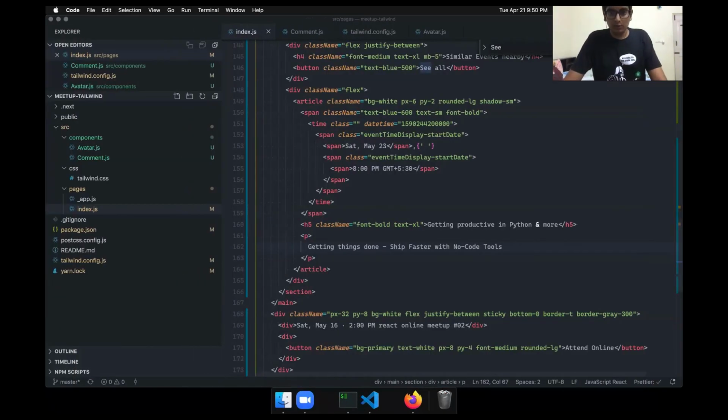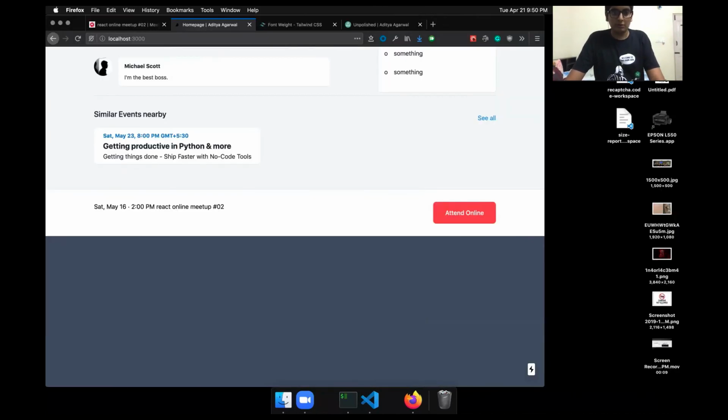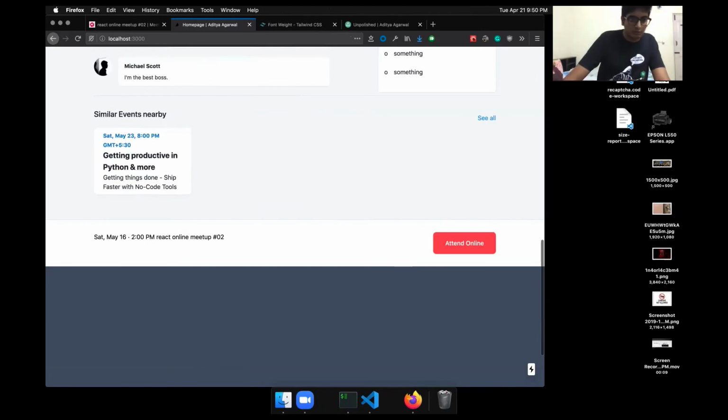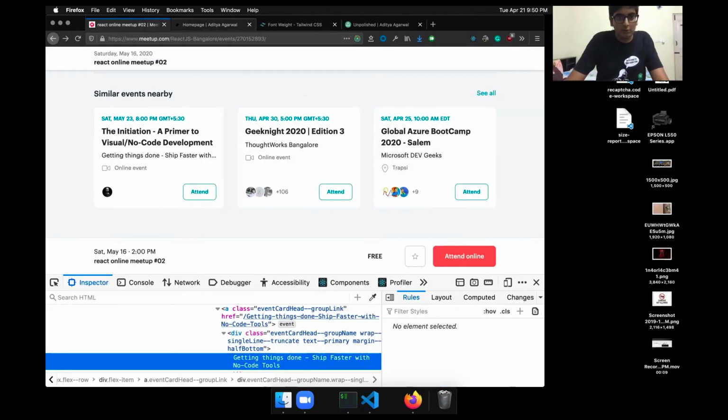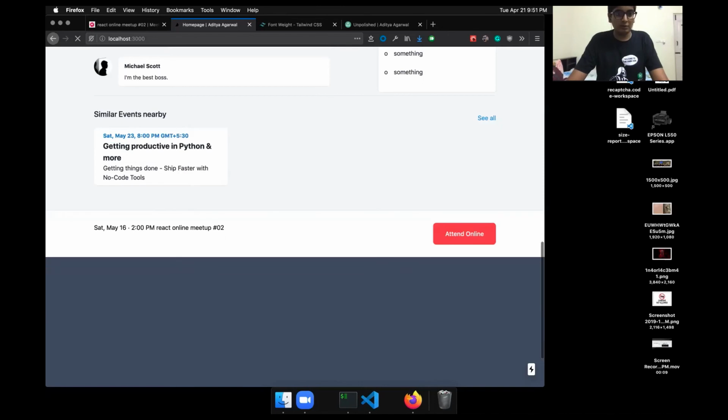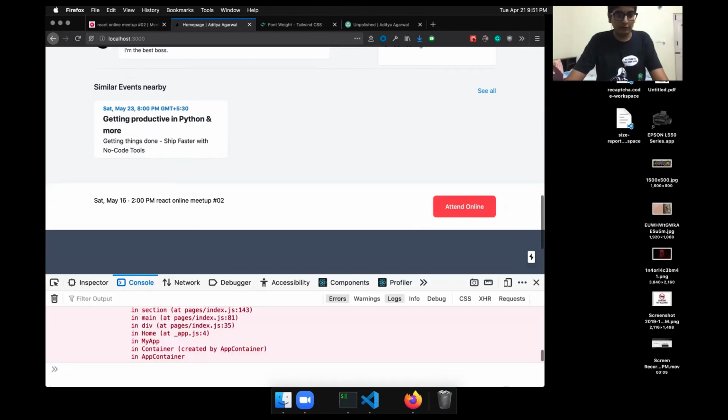So in the article we can do W32. Let's see what happens. Let's try W64. Okay, we are getting there, and it should be a little more than that, so 64 is also not there. Instead we can say in fractions that it should be, so there are 3 cards, and say it's 12, so like 4 out of 12. Cool.